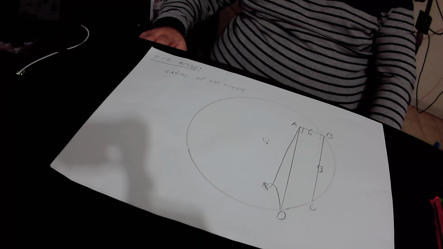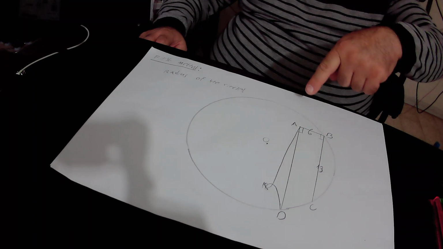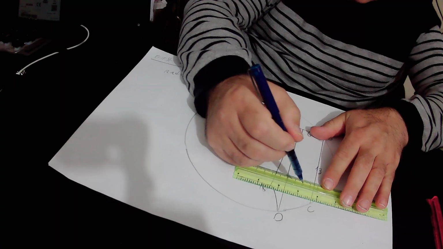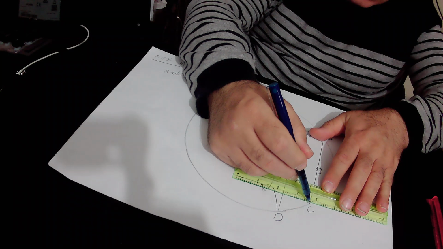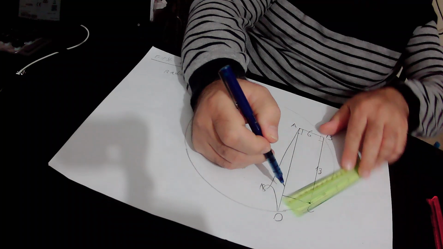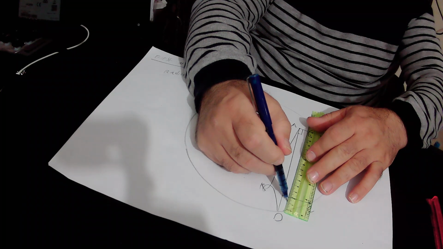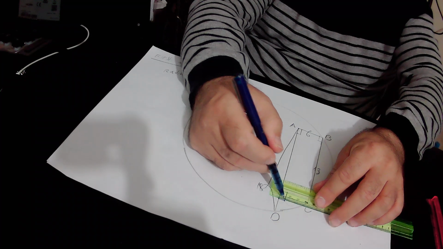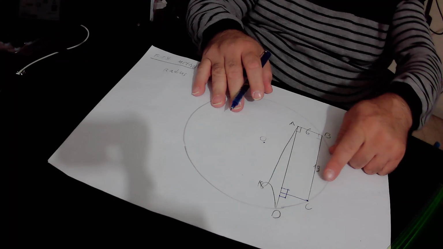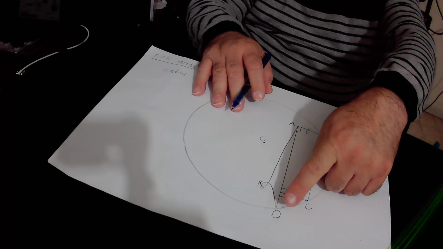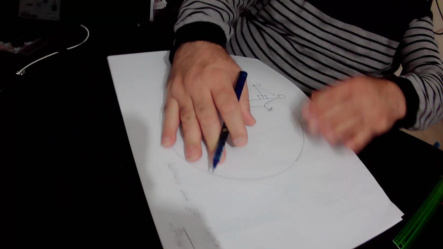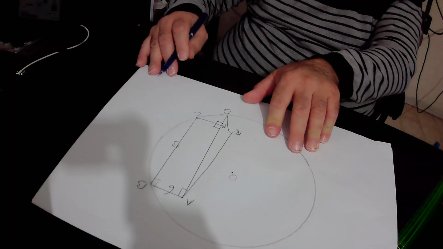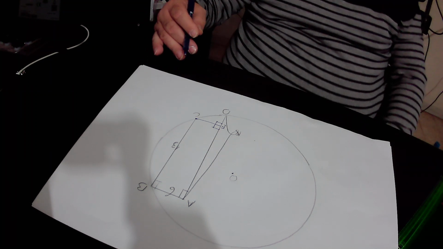In the first method, from point C, we will go perpendicular to AD. This is to say, this angle equals 90 degrees, and this angle equals 90 degrees according to our construction. We will define the point where the perpendicular from point C touches AD as E. By doing this construction,